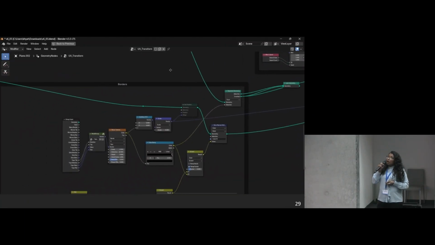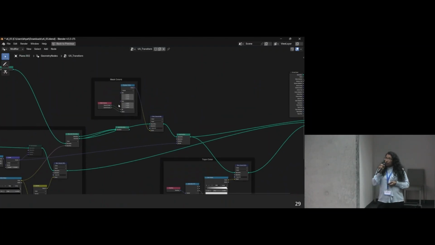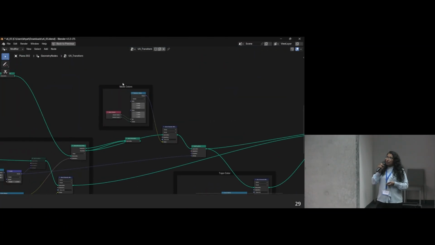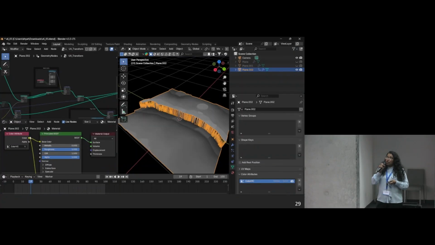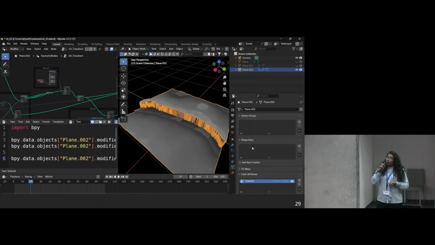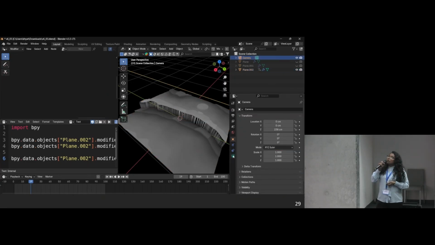With different nodes, I'm doing this. Using a noise texture, I mask the image, and using that mask, I set the position as the height I want, like 0.25 nanometer or 0.5 nanometer. I also create the mask in the geometry node itself.